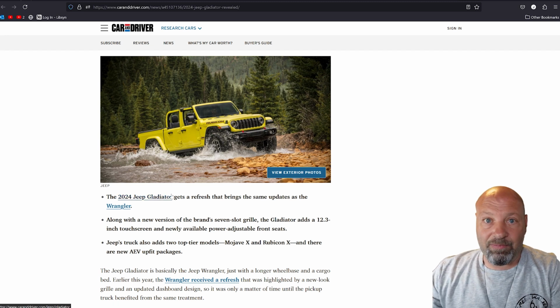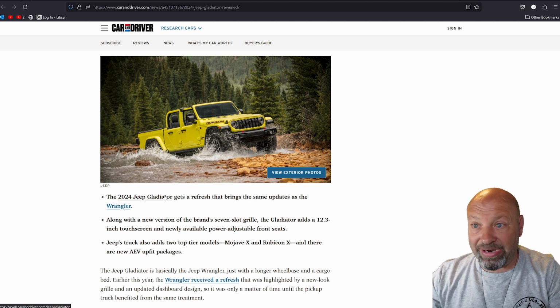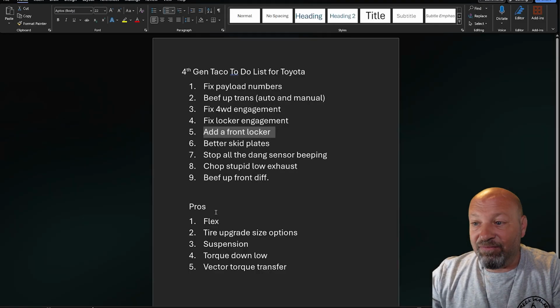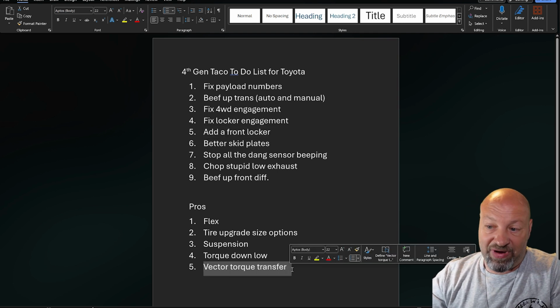Okay, the only ones that don't are the two Japanese ones, Nissan and Toyota. And it's time. Get with the program. But Toyota does have very good, as we see down here, torque vectoring transfer